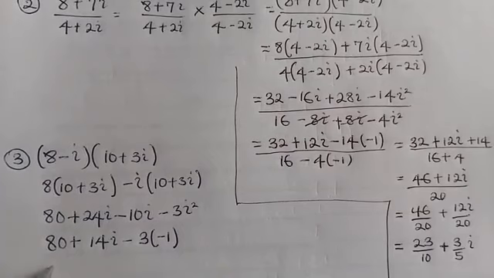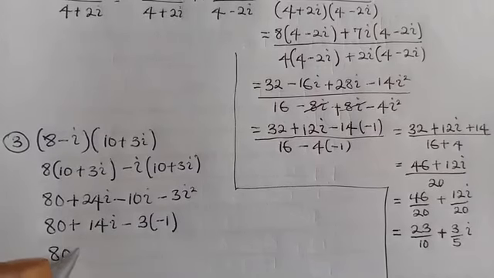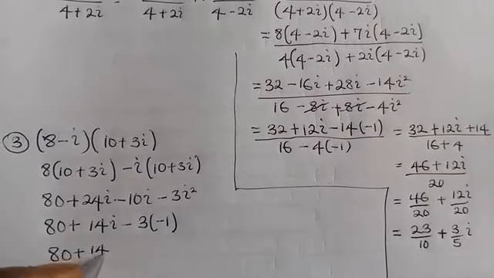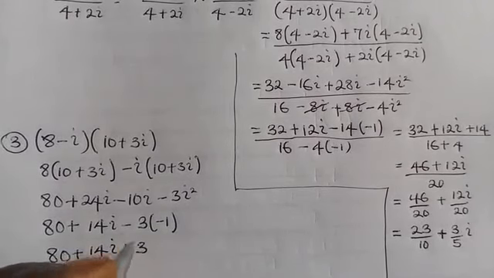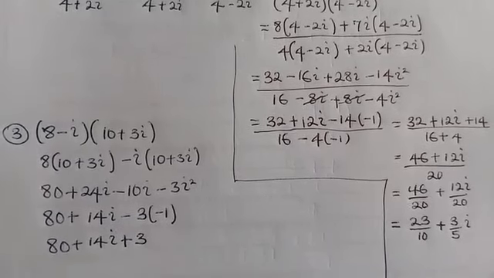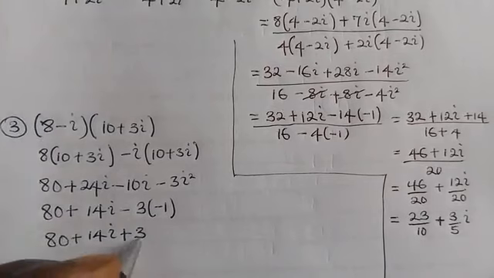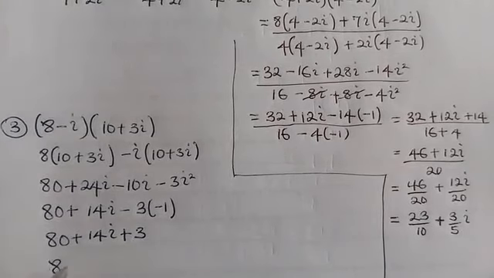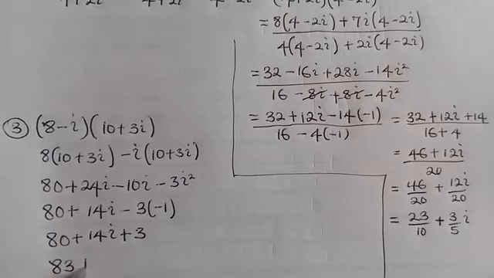So that we have 80 plus 14i plus 3. Minus 3 times minus 1 is equal to plus 3. So adding the real part, we are going to have 80 plus 3 giving us 83. Then we have plus